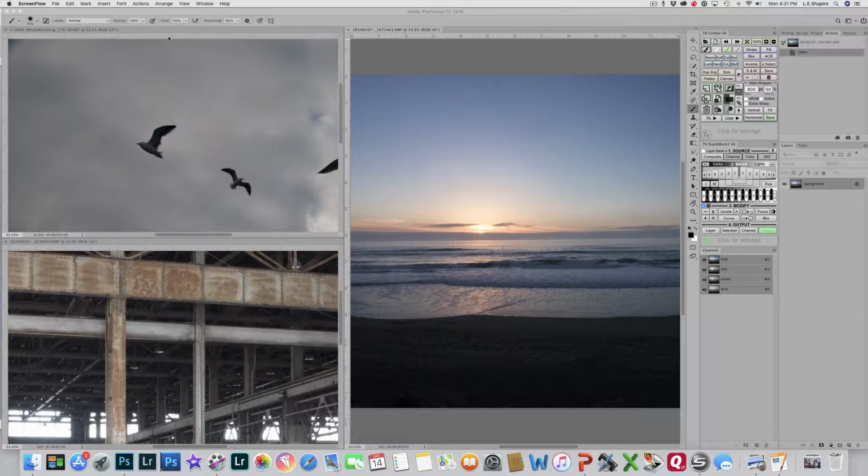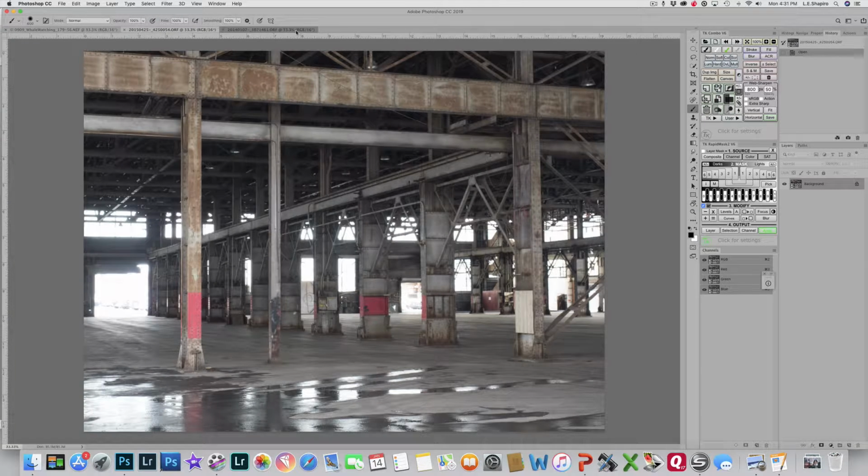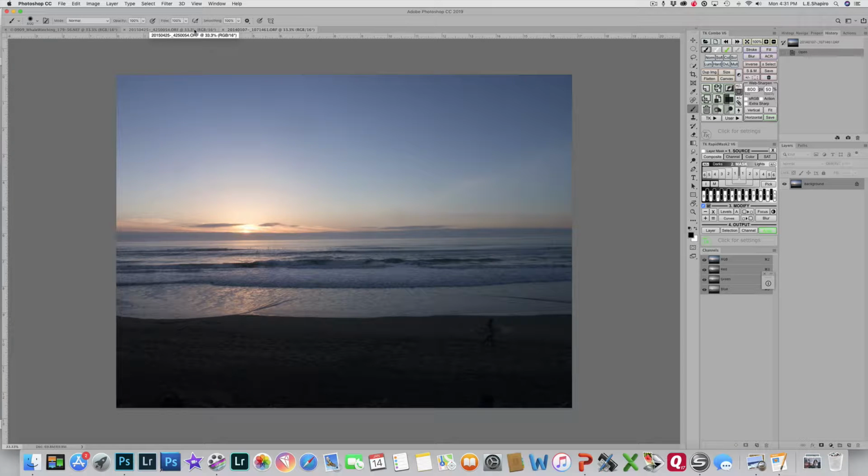One is this seashore sun setting. Another picture is some birds in the sky. And the third one is a building. Now, I have these set up as three separate files,